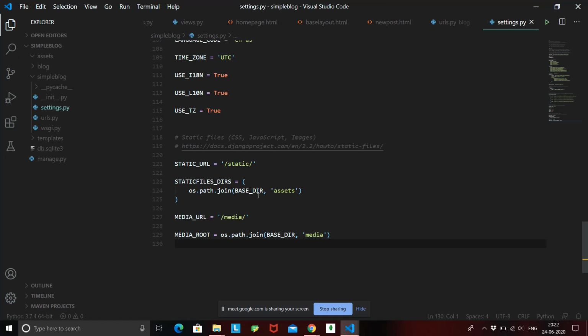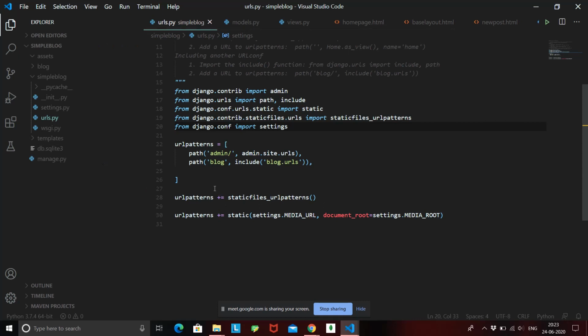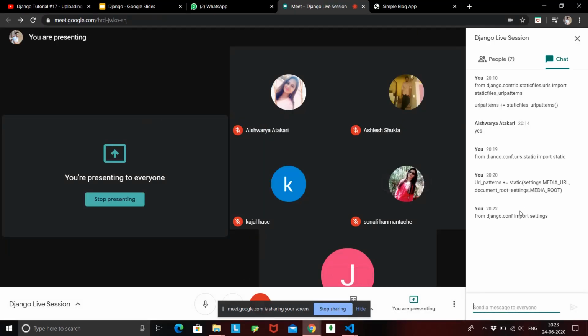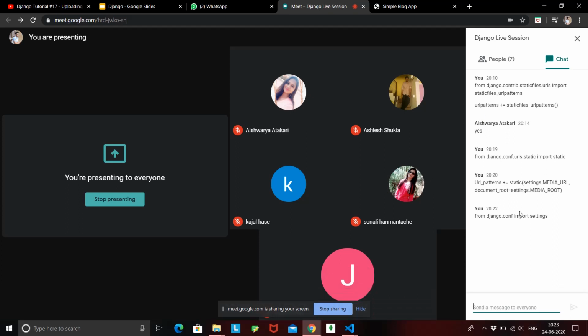Okay, so it is that simple if you understood the logic. First we created the URL, then we created a folder which will store all our files. Then we joined that folder to the base directory, and as we have URLs over here, we go to the urls.py file and join those URLs to the base URL patterns. Okay, so I hope everything is clear till here. Just copy these commands from the chat, so you will not have to memorize them or even see them again. Okay, is everything clear till now, all the settings that we have done?